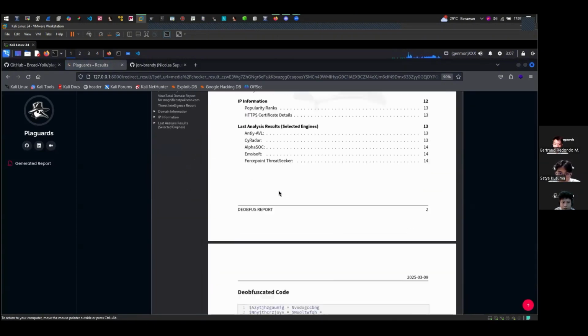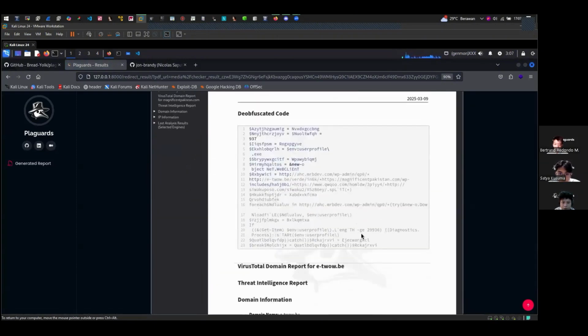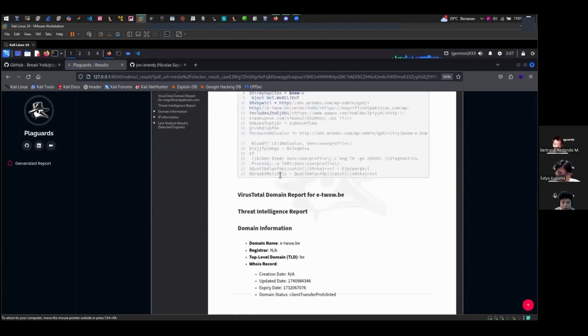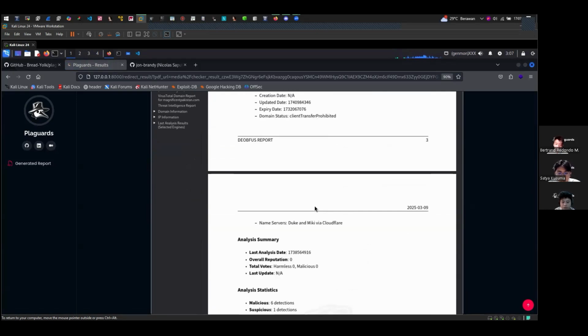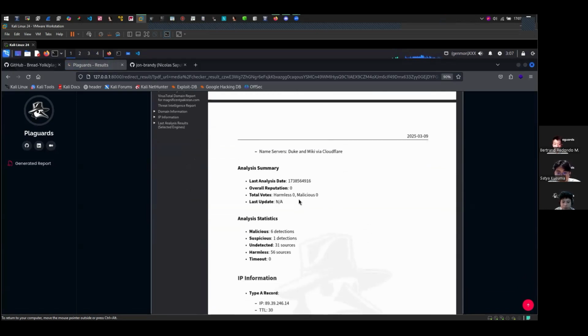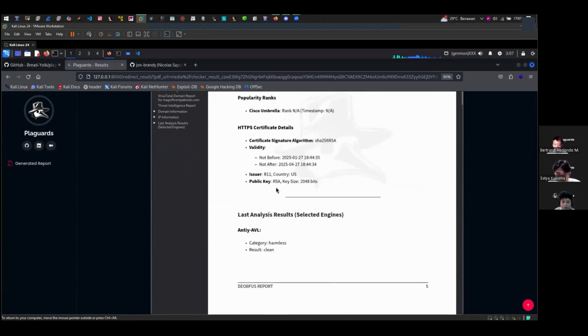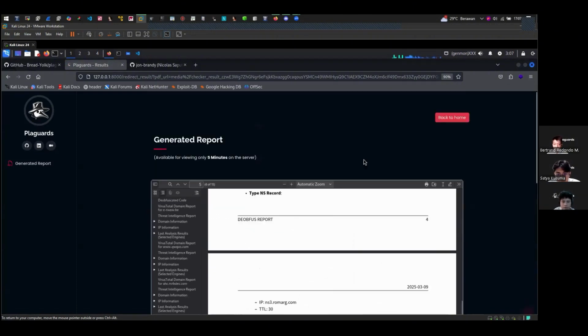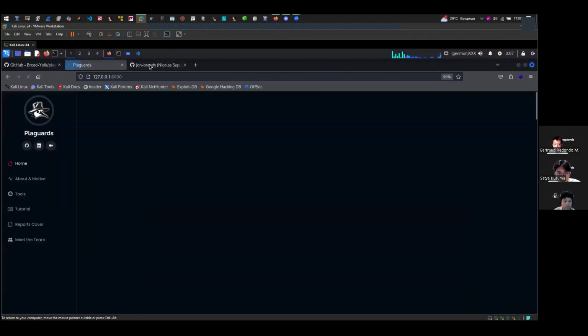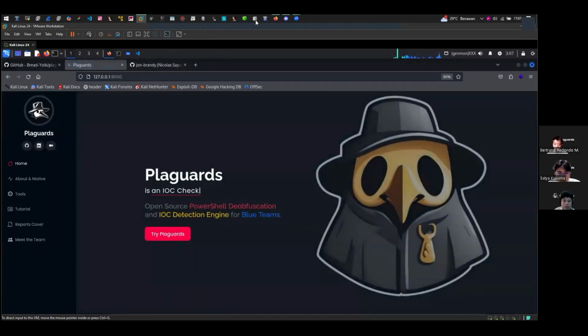Great. Now you can see the more readable section of the script. Notice that down below there is information about the C2 IP or domain used by the threat actor or the malware. Okay, I think that's it for the live demo.